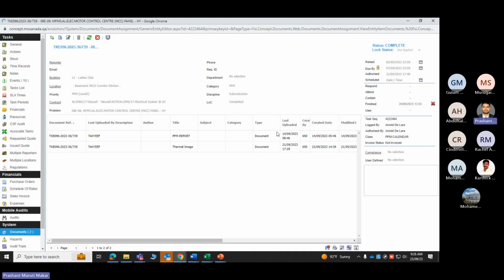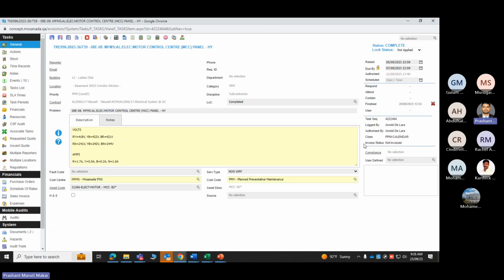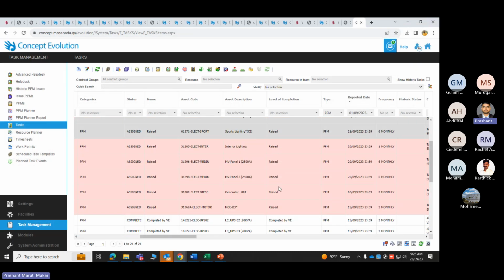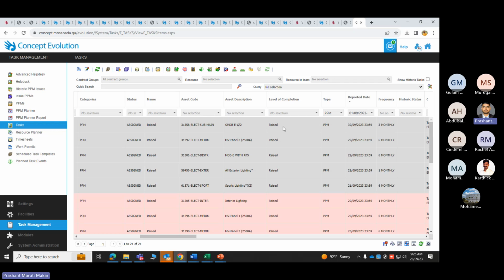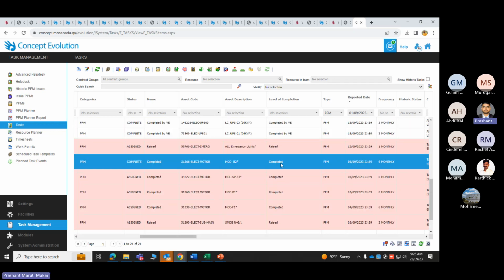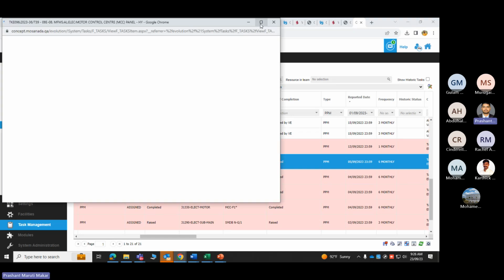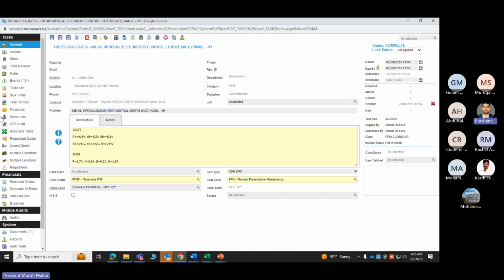Now the workflow is like that. For a PPM task, first the PPM will be issued by the planning team, or automatically by the system. Then the contractor will be notified that the PPM task has been raised. Then they will perform the PPM and attach related documents to it. Once they upload the documents, they will change the LOC to completed. First, when the task has been issued by the system, you can see the LOC as raised. But once the vendor performs the PPM and completes the required documentation against that task, then they will change the LOC to